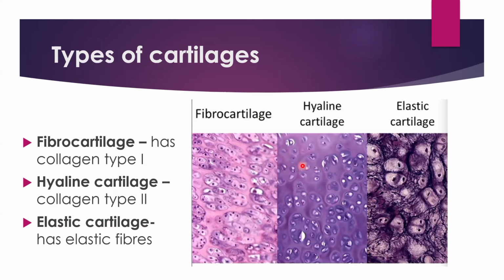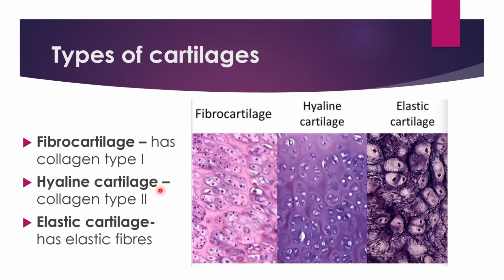collagen, but the most abundant type of collagen in fibrocartilage is collagen type 1. The most abundant type of collagen in hyaline cartilage is collagen type 2. And the most abundant fiber in elastic cartilage is elastic fibers. So that means that fibrocartilage will have collagen type 1, collagen type 2, type 9, type 10. They will have all those types, but the most abundant in fibrocartilage is collagen type 1. Hyaline cartilage will have collagen type 2 as the most abundant, and then elastic cartilage will have elastic fibers as